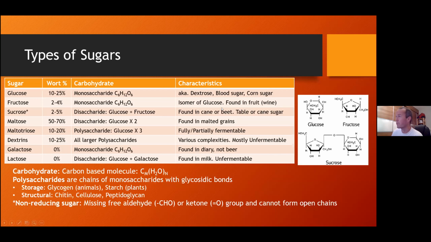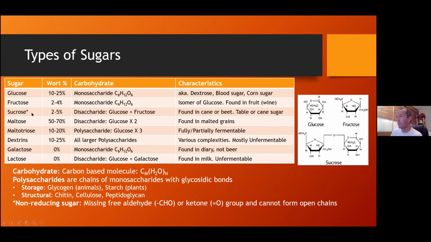Fructose is what you find mostly in fruit. They make wine from this, and it's called an isomer of glucose, meaning if you look at the molecule and swap things around a bit, it's the same carbon, hydrogen, oxygen, except swapped around, so it's actually a different molecule with a different taste. I don't know if anyone's ever tasted glucose, dextrose. You can buy this, it's also called brewing sugar. It actually tastes a little different to the next one, called table sugar.